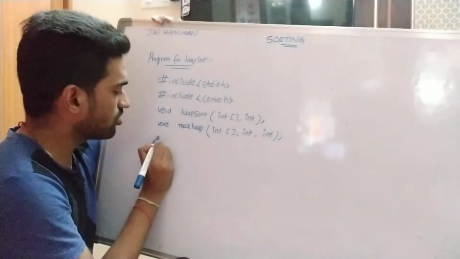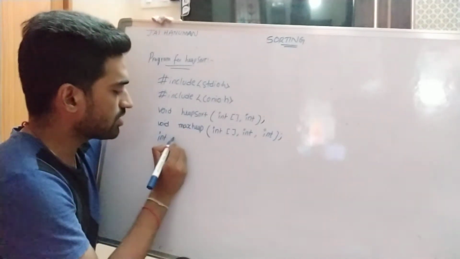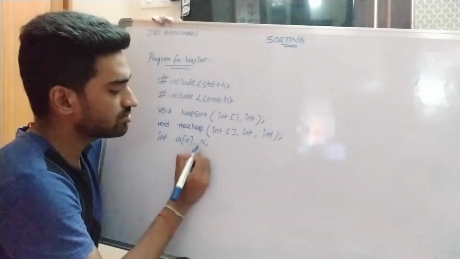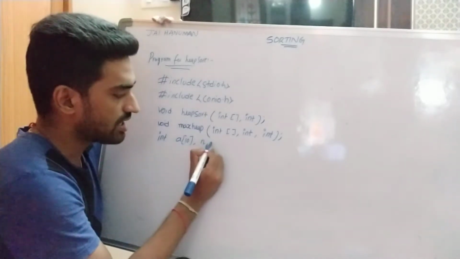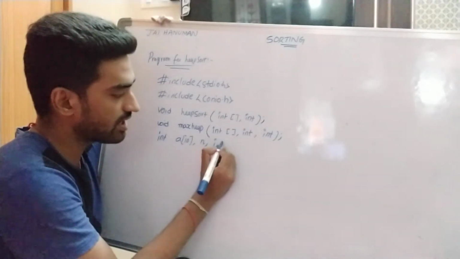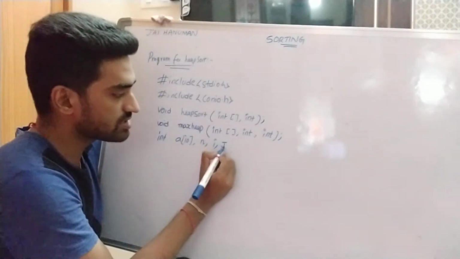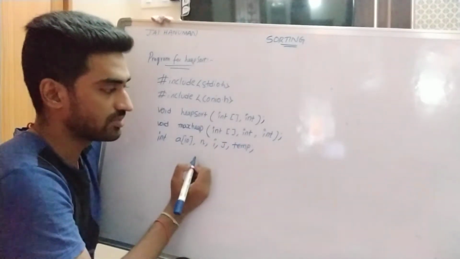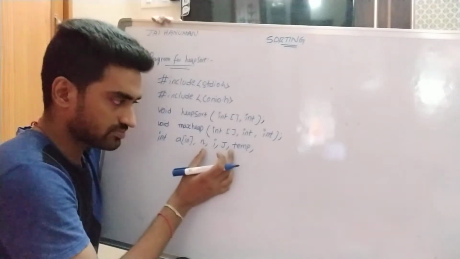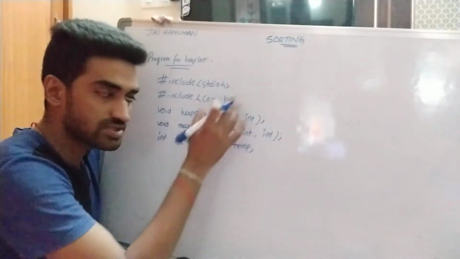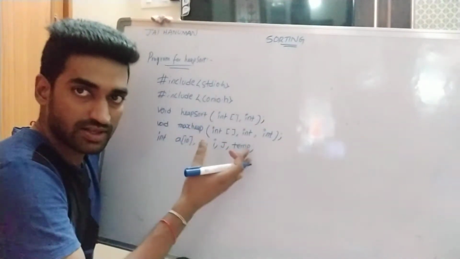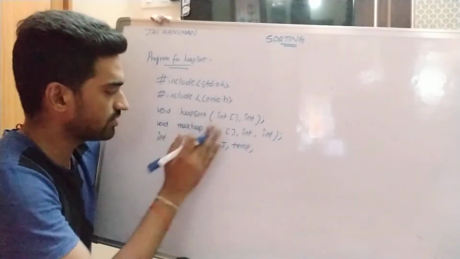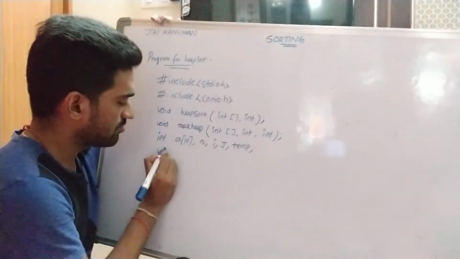Then I am writing the global declaration. In this program we compulsorily use one array, n value for the number of elements in the array, i for looping, as well as j and temp. For swapping purposes we use the temp variable. So these are all the variables used in the program. Since there is more than one function, all the variables are declared globally. Then I am writing the main function.